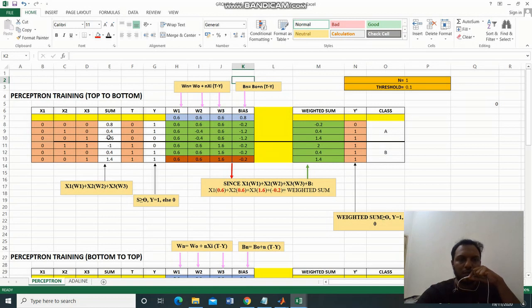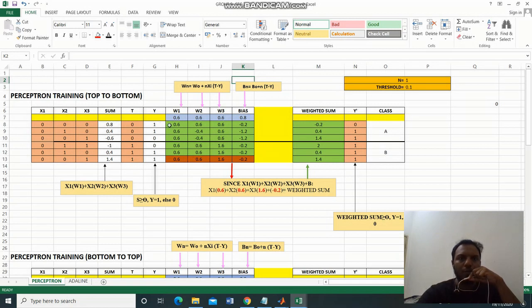In this equation, we can solve the value for the sum. And for the y value, we use theta: if the sum value is greater than the theta value, y is given as 1, or else it will be 0. For example, as you can see here, the value is 0.8, which is greater than 0.1, so